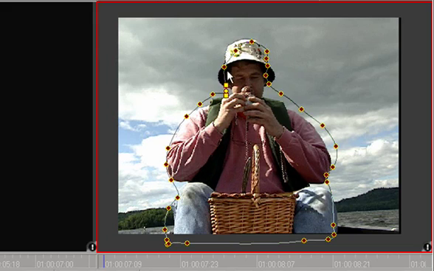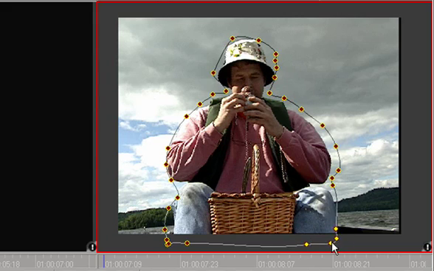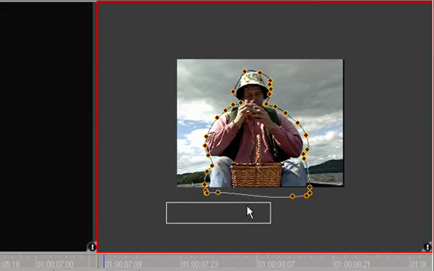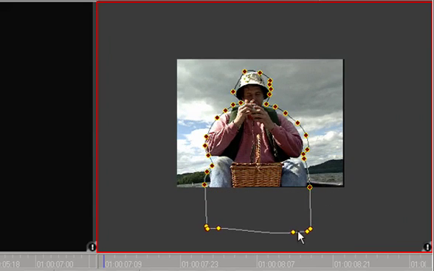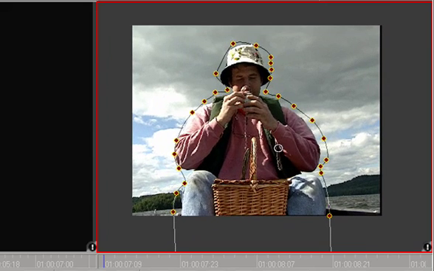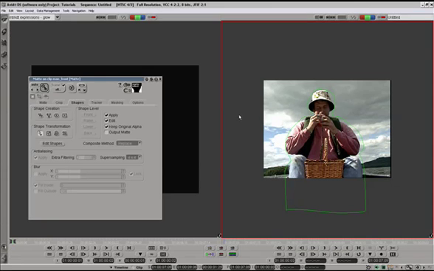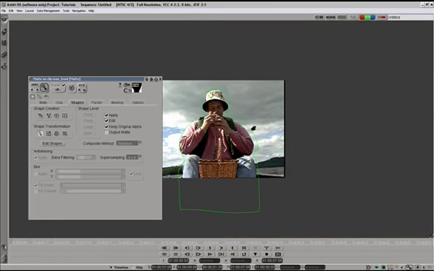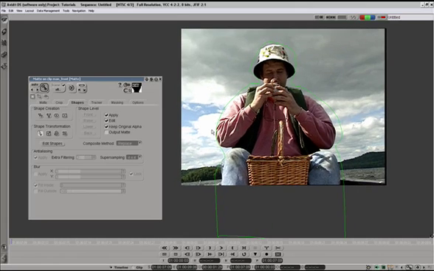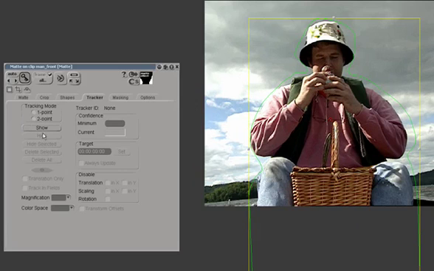I mean, you can be as precise as you want, but since the edges will be blurred, you don't have to be overly precise. And the whole point is that in a color correction session this shouldn't take too long. I will pull these points down here. Okay. At any time you can hit F12 on the keyboard and enlarge this window so you can see what is going on in there. I will select the shape, and while the shape is selected, go to Tracker tab, and